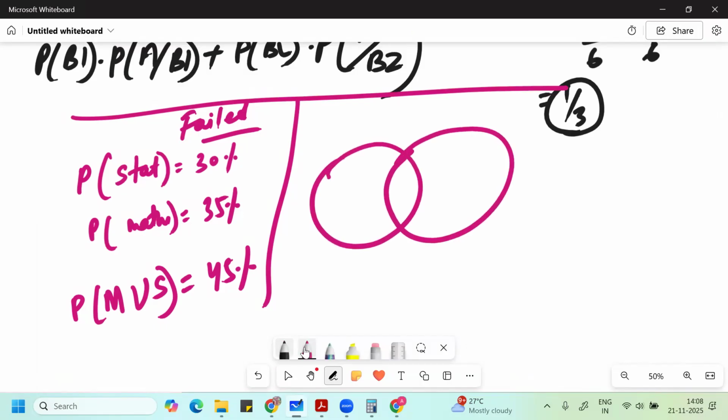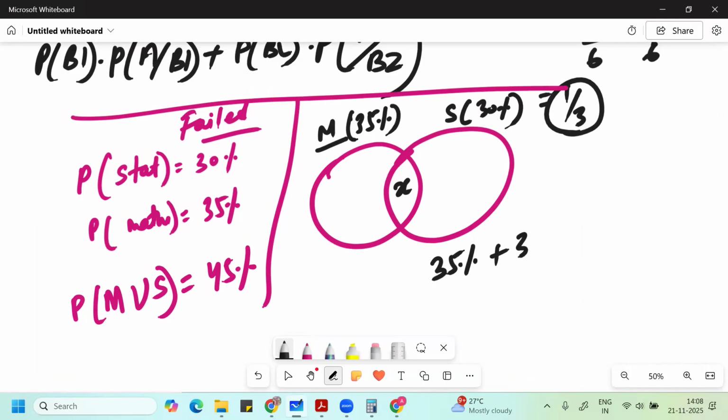Okay, like this. So you failed in maths, this is 35. You fail in statistics, it is 30. And you fail in both is X. So 35 plus 30 minus X, that is equal to you fail in either maths or statistics, it